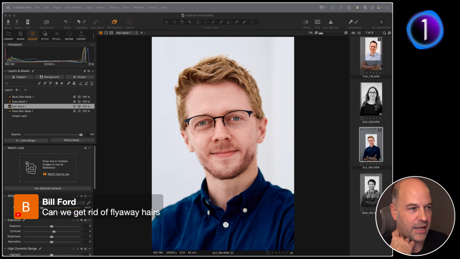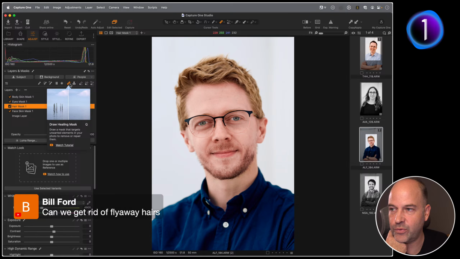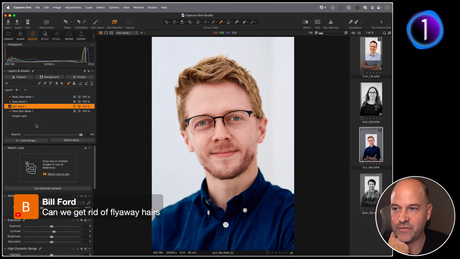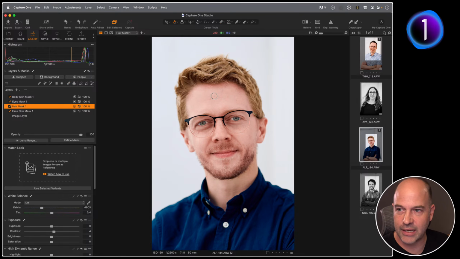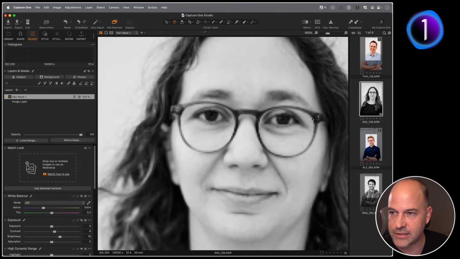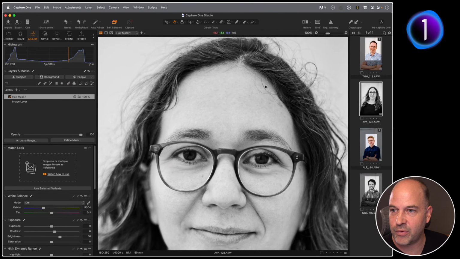Can we get rid of flyaway hairs? There are some healing and cloning tools in Capture One up here, so you can heal out and so forth. Whether that's the fastest way to get rid of flyaways, I'm not sure. I haven't had enough experience shooting people to tell you that's a great thing to do. But if there are a couple of little flyaway hairs, Alex doesn't really have any. If we wanted to get rid of this one here, I could grab my healing brush,